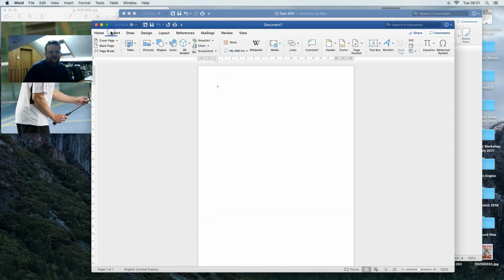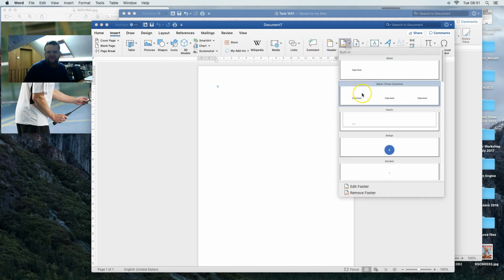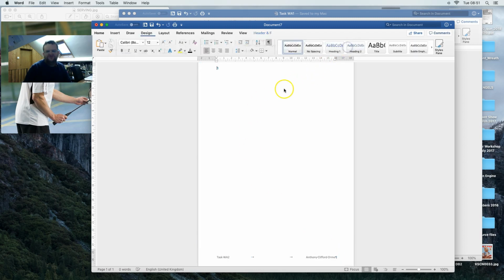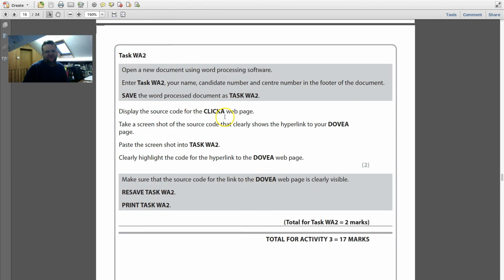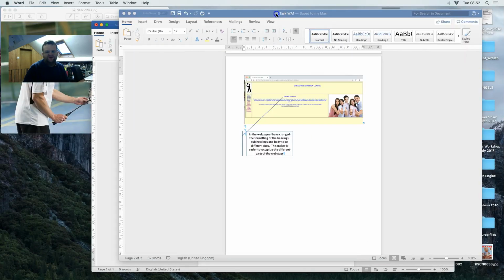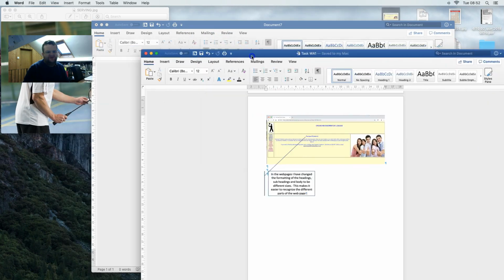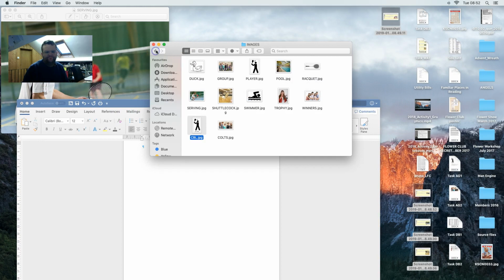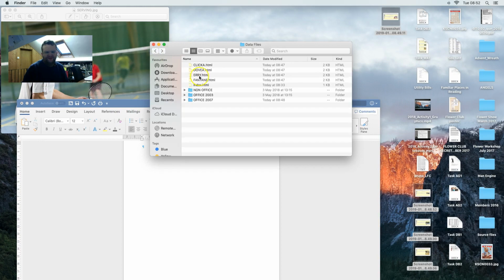and we'll then go Insert, task WA2, put your name, and close it. And it says here, display the source code for the Clicker A web page. Okay, so I need to load up the Clicker A web page this time. So Clicker A,